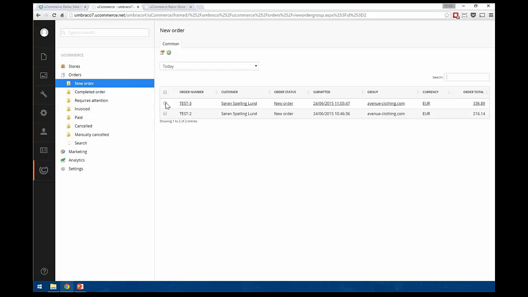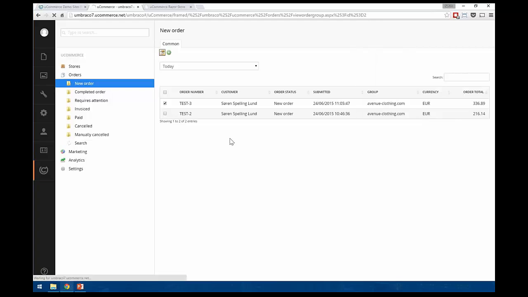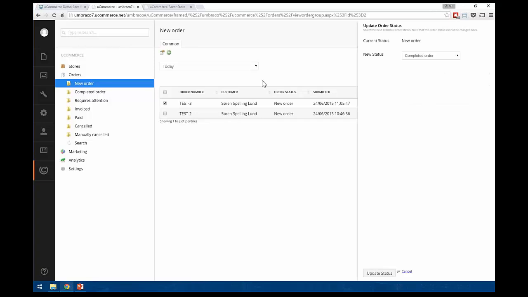So given this order state here, I would only be allowed to actually pick up 1 or 2 other order states, not all of them. Whoops, I need to click the right button. Let me just do that. There we go. So not placing orders, but actually moving the order around. So you can see here, right now we're looking at the new order status, and I can move this particular order that I checked off to completed or cancelled, and that's based on the configuration in the database.